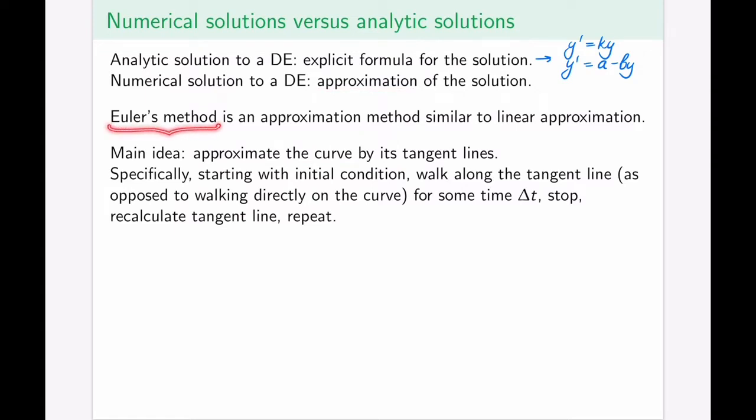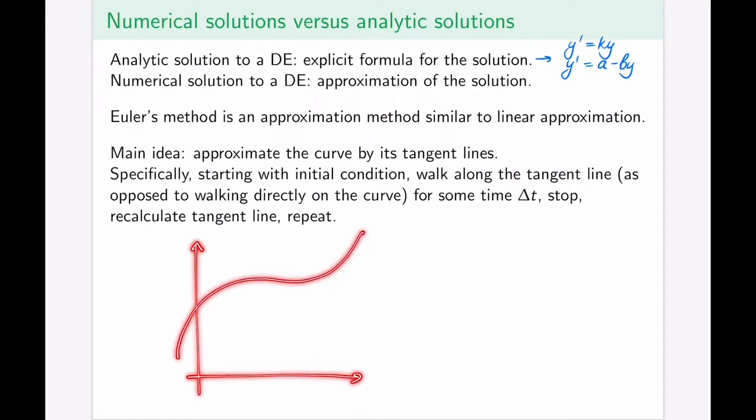And this is very similar to the linear approximation method. The main idea behind both Euler's method and linear approximation method is the fact that you can approximate the curve or the function itself by its tangent lines. So thinking in terms of the linear approximation concept from Calculus 1, we had a function, we picked the point where we could construct a tangent line, and we knew that near that point of tangency, the line is really close to the curve. So the points on the line are really close to the points on the curve,